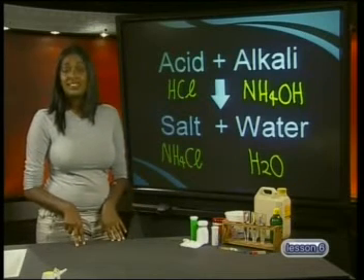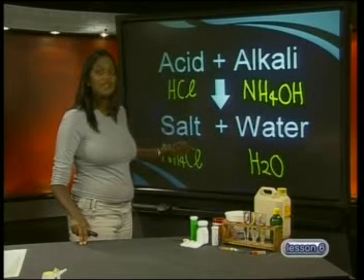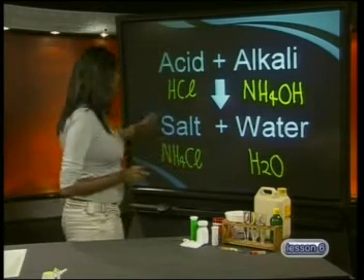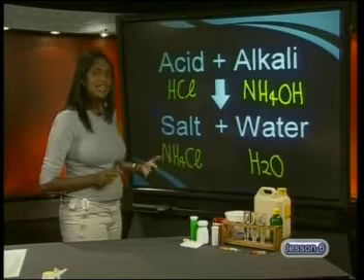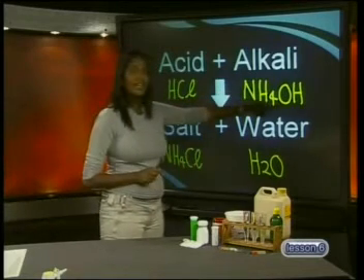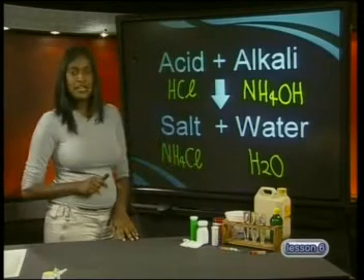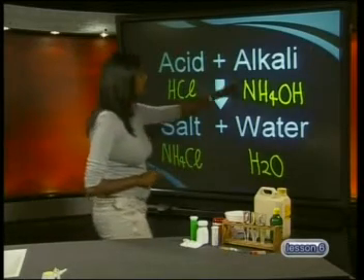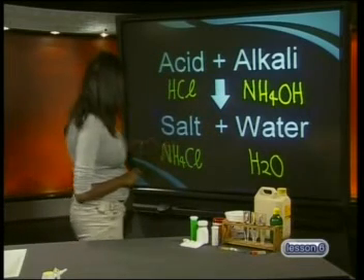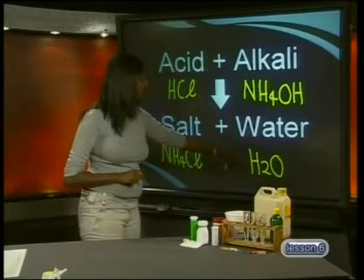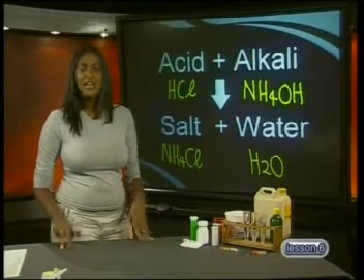Next, check that it is balanced. Count the number of each atoms present above and below the equation. Here I have 1 chlorine and here I have 1 chlorine. Next, 1 oxygen here and 1 oxygen here. Now for the hydrogen atoms. 1 plus 4 plus 1 gives us 6 hydrogen atoms. And below we have 4 plus 2, which is also 6. So this equation is balanced. Right,